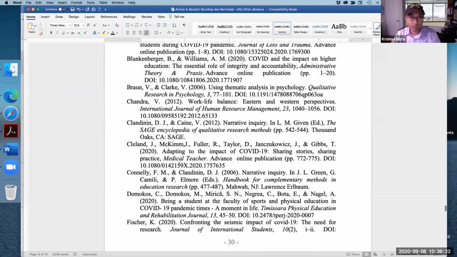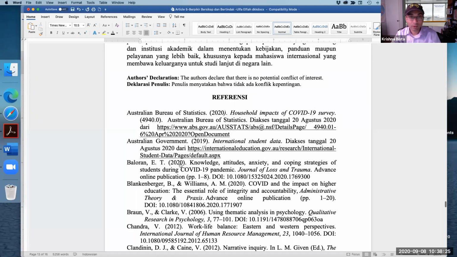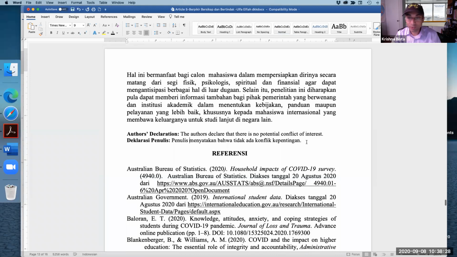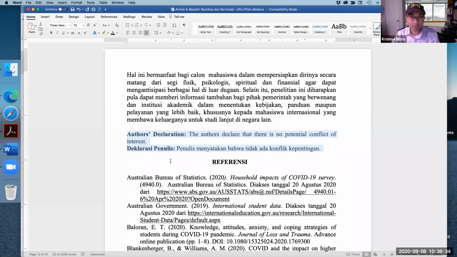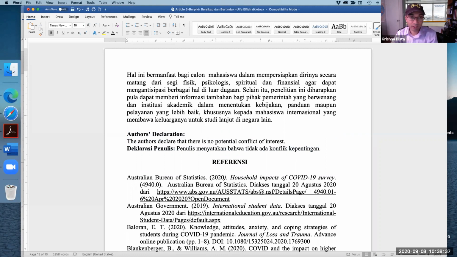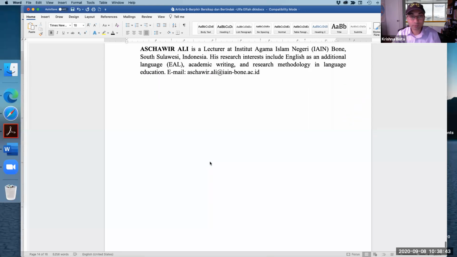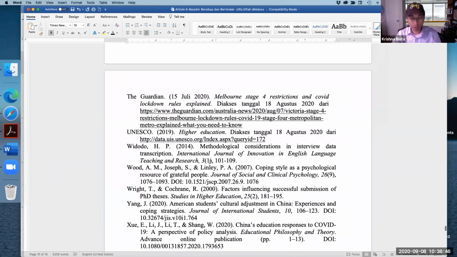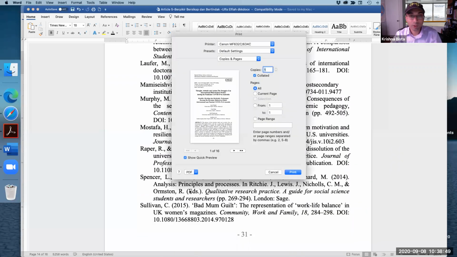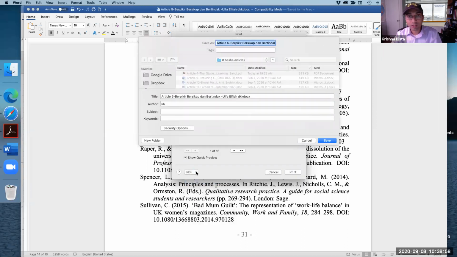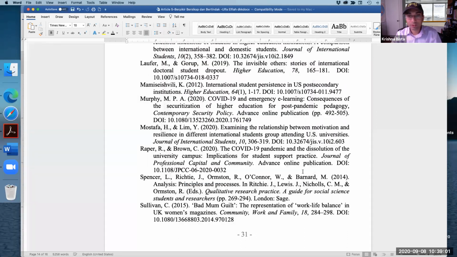And here references looks good. Earlier we moved it to a different page. Now it is coming here. So I have to move it back to at least 10 points, so that it is consistent. And probably I will move it like this. All right, since I have lots of space here. All right, so it looks good now. And then I will print as a PDF. And here, no matter what printer you have, you can still save as PDF. And this is my number 5. So it should be good. All right, let me